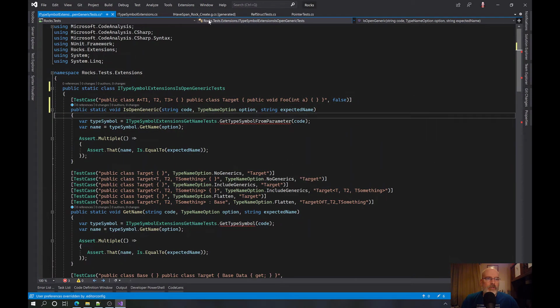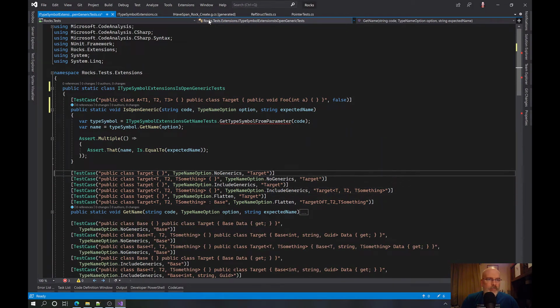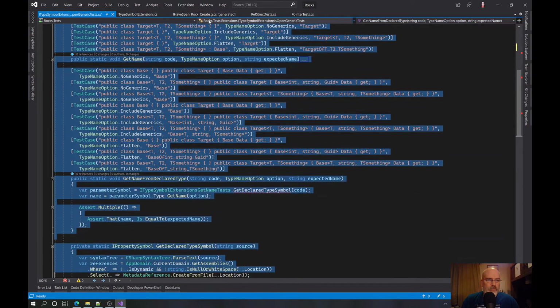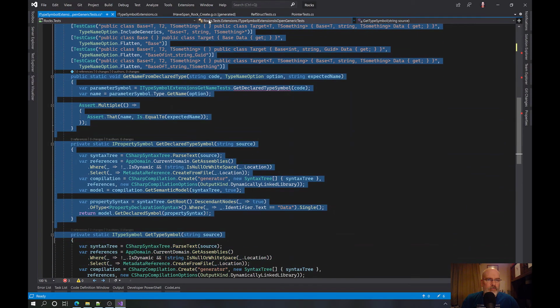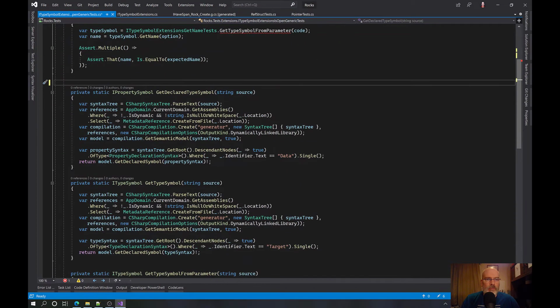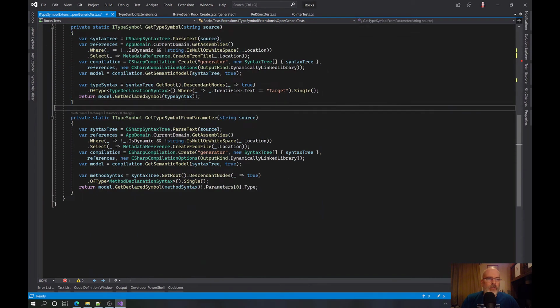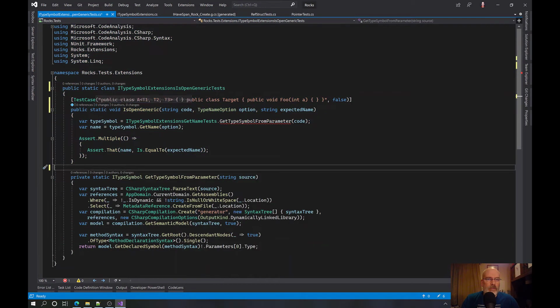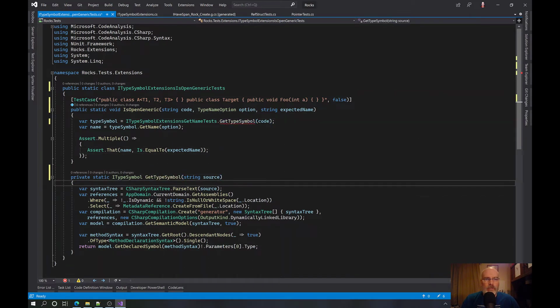So let's get rid of these. Let's get rid of this because we don't need that. Don't need this. Where are we grabbing this from? Get type symbol from parameter. So that's the only thing we're going to need in this case. So we can get rid of that. And now we're just going to say get type symbol from our only, we're going to have one method declaration and there's only going to be one parameter.